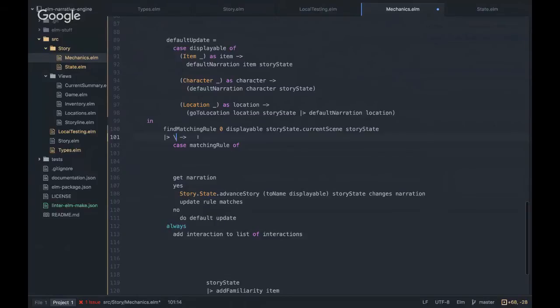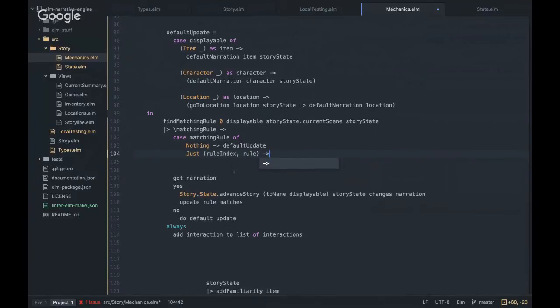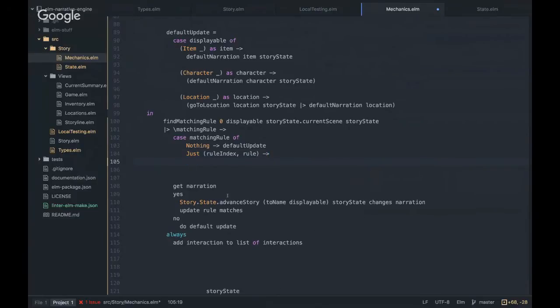So maybe rule, that matching rule, case matching rule of nothing. Then we do the default update, otherwise, just paste this in now, and now that name is already used. If we haven't found it, then we need to do some work. We need to do,